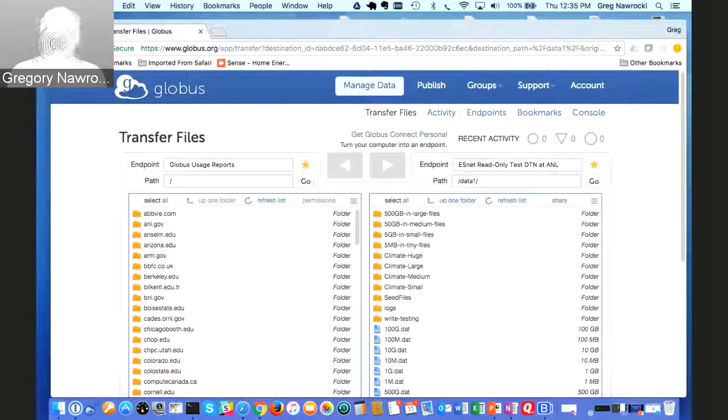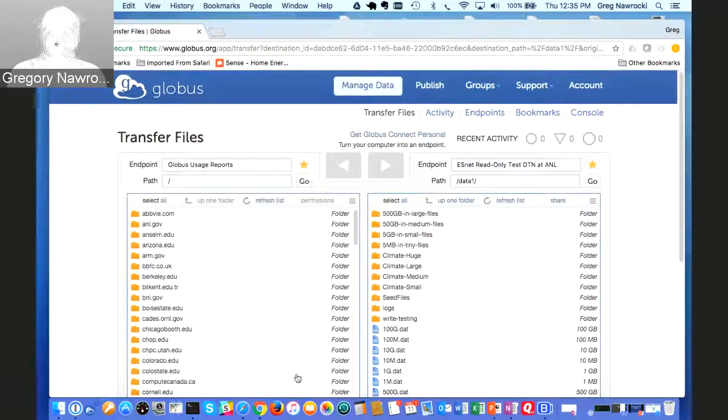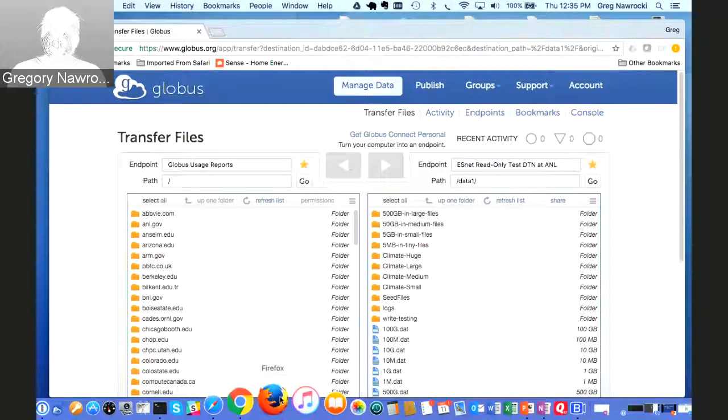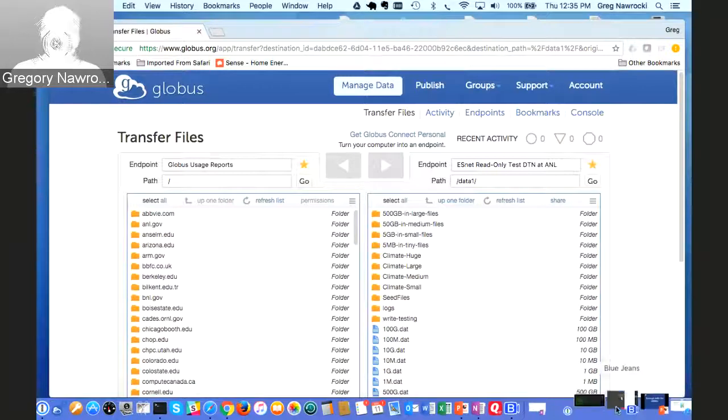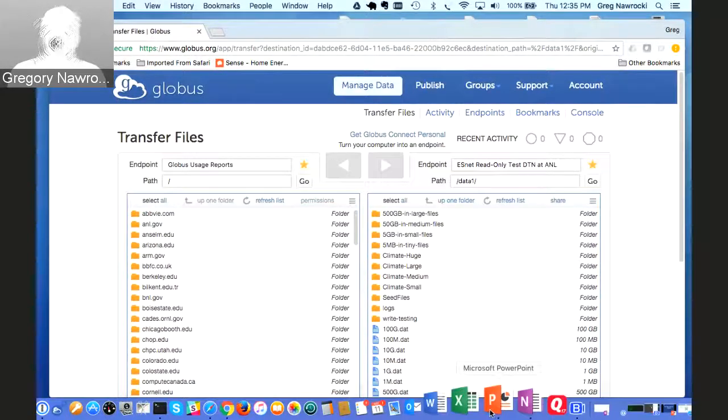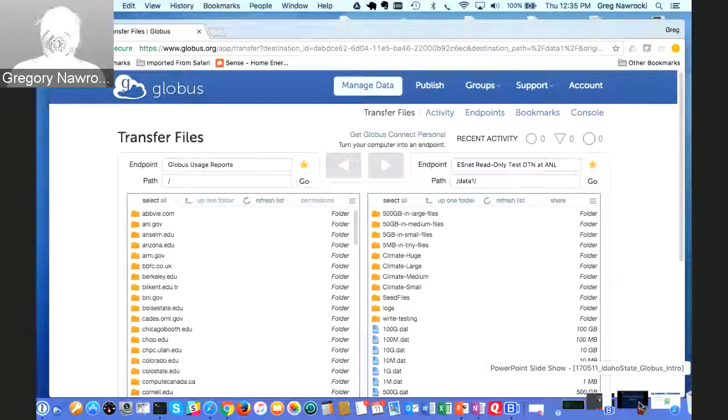Really, it comes down to, I showed you how to create a personal endpoint. So it comes down to now just playing with it. You've got it on your system there. So you should be able to see your own directories. I'm not quite sure how your RCC has them set up, but you should be able to see your own endpoints and transfer data. At the very least, you could set up your personal endpoint and do some transfers from those test endpoints that I showed you earlier.